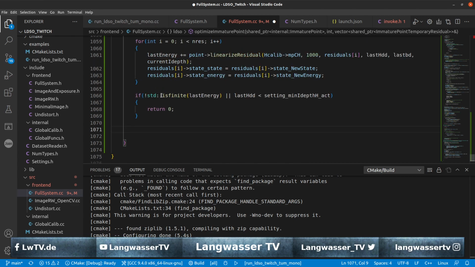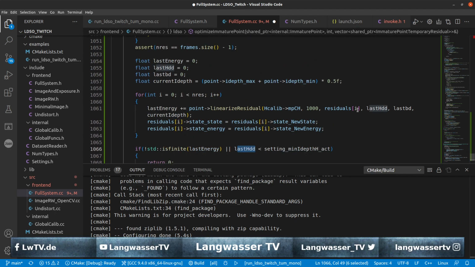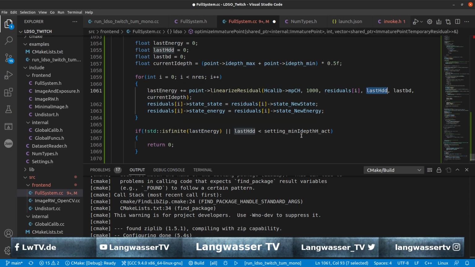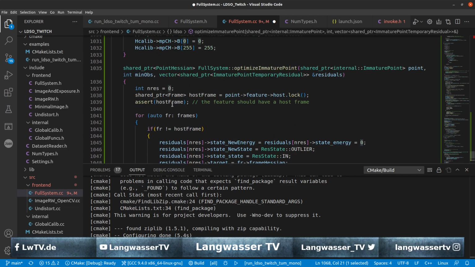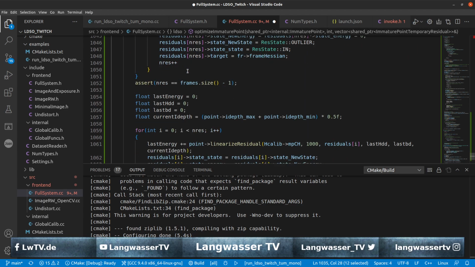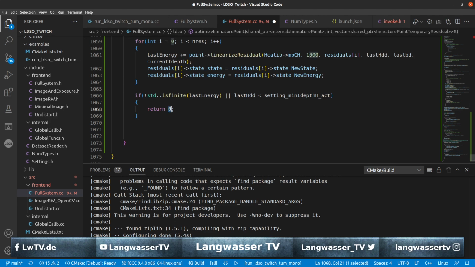Okay, so after we have checked this last energy to be finite or not finite, and if the last HDD that we have calculated, here in this case, to be less than the setting, if this is true, you want to return 0. So this optimized imager point will return 0, which is weird, to be honest, because we are expecting a point Hessian. So I think it would be cleaner to return a null pointer,